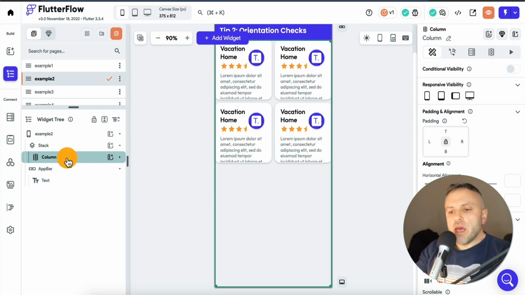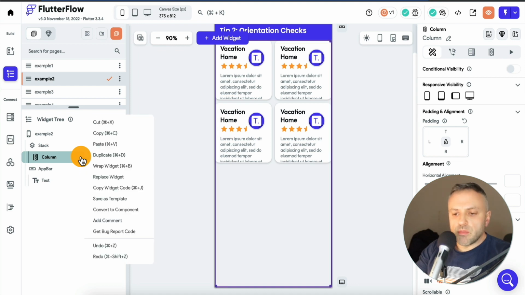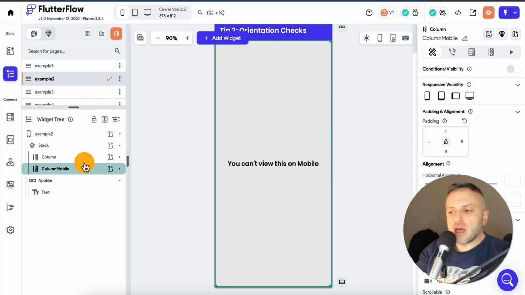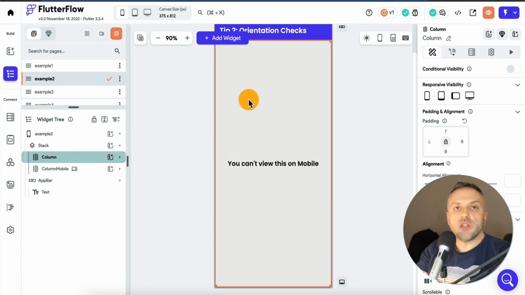So here I have my app. It's just one column. What I'm going to do is add another column. And now I have a second column. This particular column is only going to be displayed if the user is using it in a mobile mode. If the user is not, then this column is not going to be displayed. This error message is not going to be displayed, and the user is going to see the original column, meaning